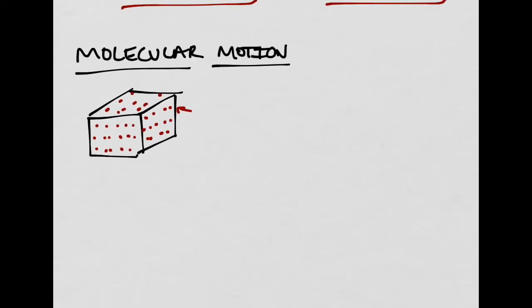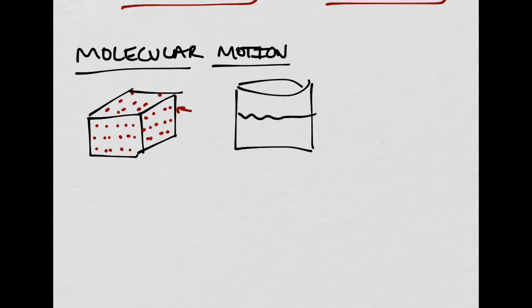And if we were to have a container, let's say filled with some sort of liquid in here, we know that there would be molecules making up that liquid as well, and they would be a little more spaced out than the molecules we see in our steel brick, but they're also moving,